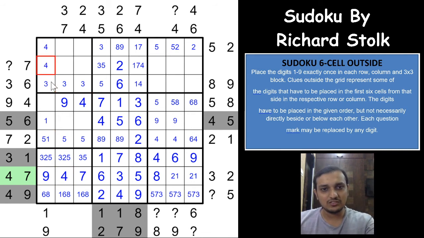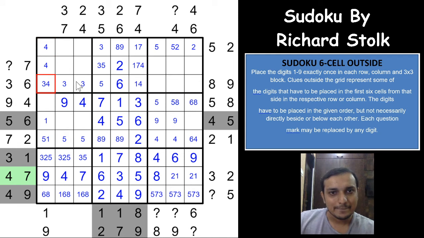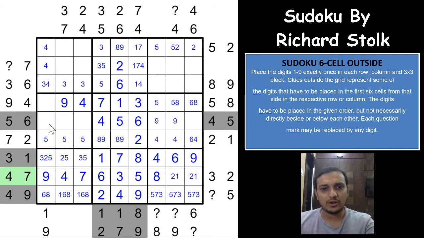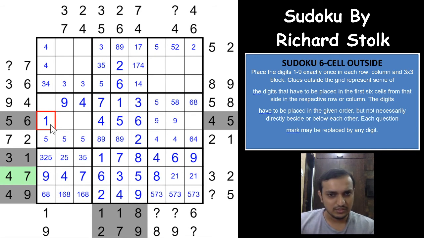That's nice. That's really a nice logic. And because of the 3 here, you can eliminate 3 from this cell as well, so this would have to be 2 and 5, and after the 9 you will have a 1 in one of these 2 cells. Okay, anywhere. And of course because of the 1 here, you cannot have a 1 here, so this cell would have to be a 1 now. Nice. That's really nice. And 8 here and here will give you an 8 in one of these two cells.